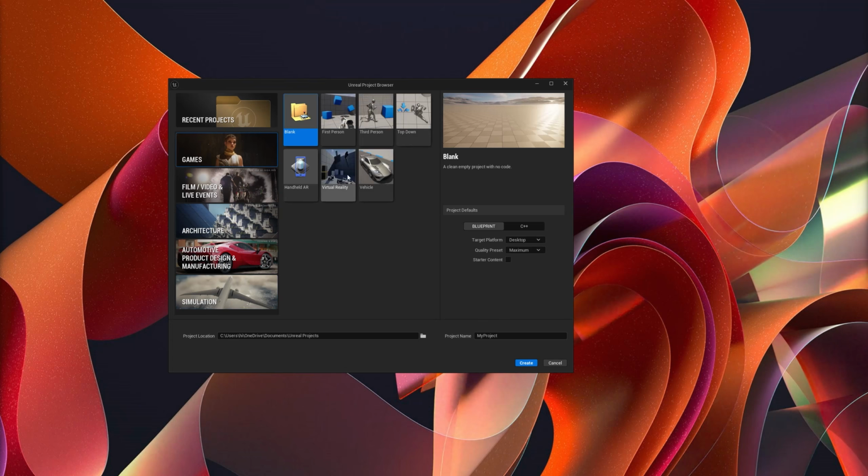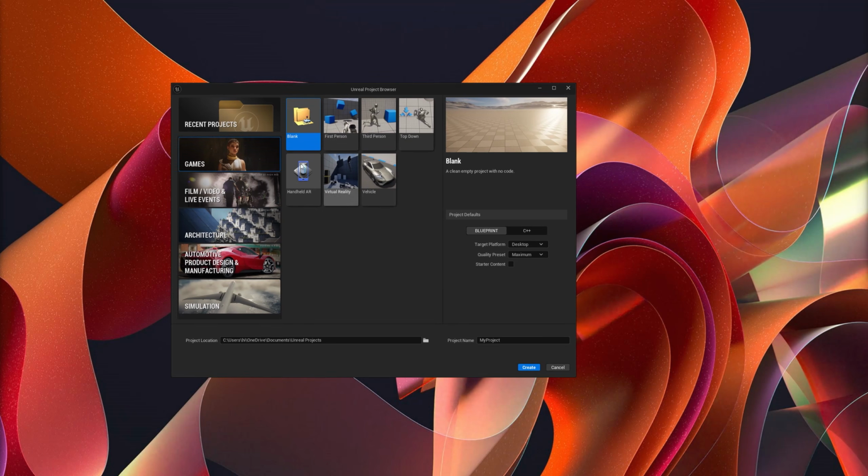And essentially a template is a collection of plugins that are enabled that give you functionality for the project that you're creating. If by any chance you decided to do a first person, but midway you change to a top-down game, you can always add this after the fact, and I'm going to show you how to do that. You might be inclined to say, you know what, this is a 2.5D, let's do a third person template. But what we're going to do, and what I like to do more often, is just create something from scratch. I'd rather add functionality as we need it, instead of just having a bunch of stuff added from the beginning that we end up not using.